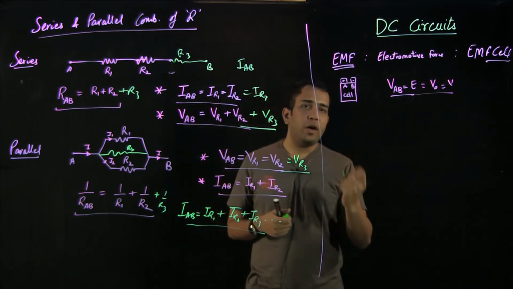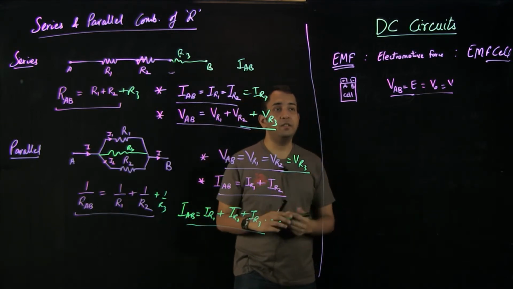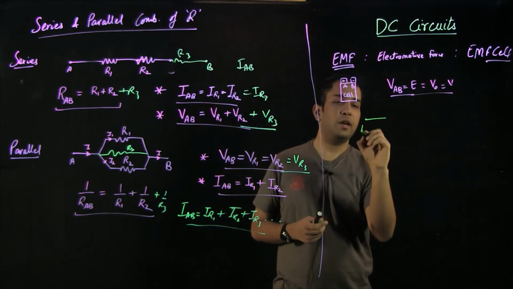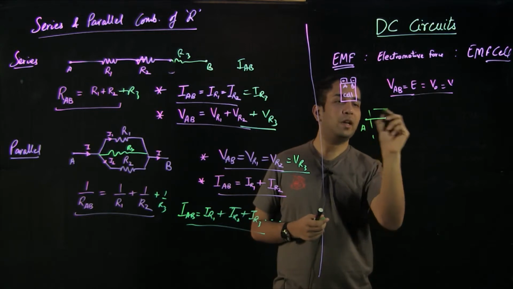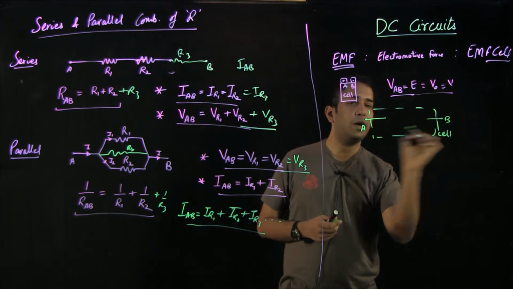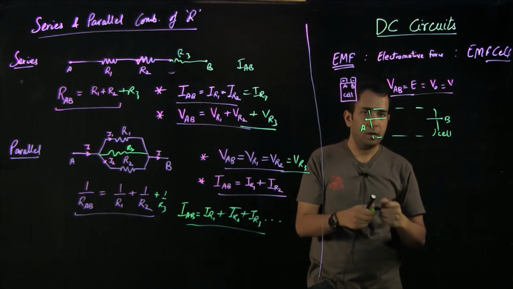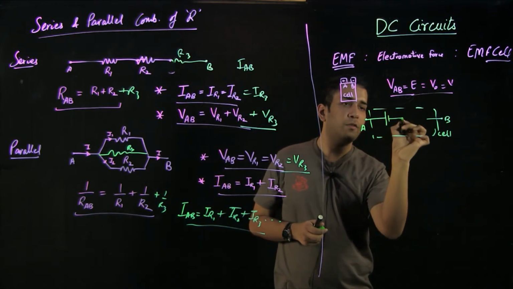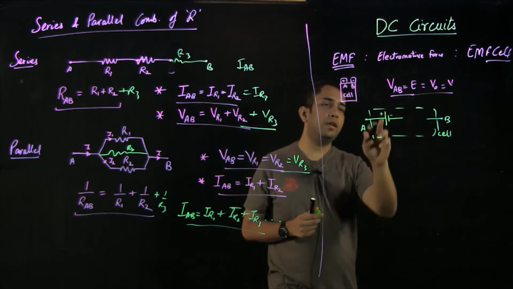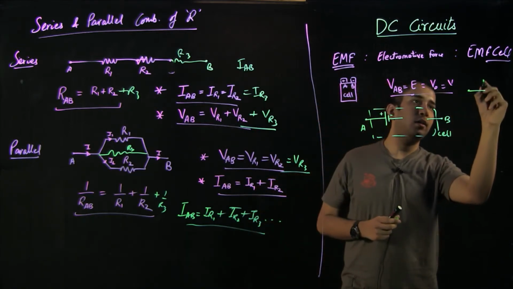In practical applications, the cell, due to the chemical reactions, also generates some internal resistance. Due to this, the net circuit of the cell, like if A and B are the terminals and this is my cell inside it, can be taken from here and applied to any circuit. This is the general symbol of a cell, which has a positive sign and a negative sign. It means that this end is at a higher potential and this end is at a lower potential.